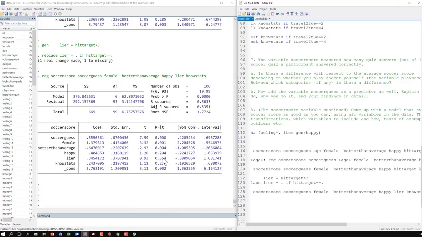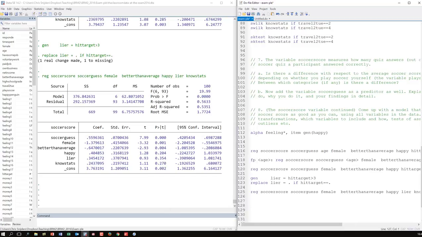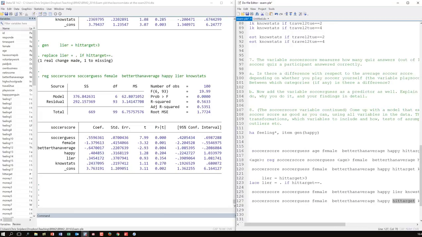Okay, again, it doesn't help. So I tried the original one, didn't work. I tried to come up with a different kind of explanation here, also didn't work. So at this point, well, I would say that one could go as well.